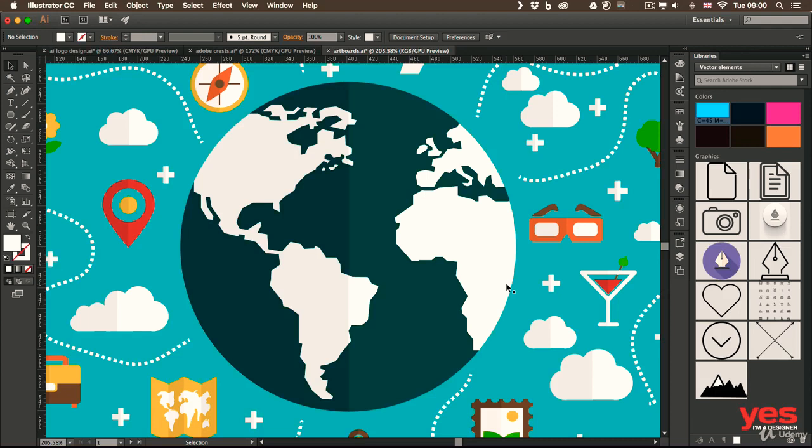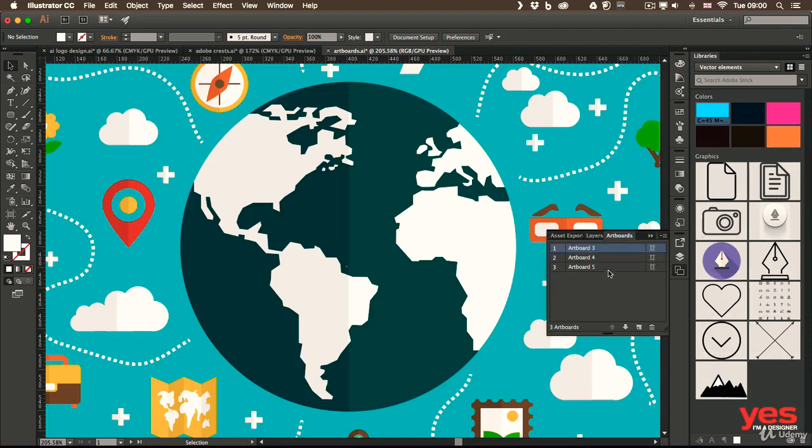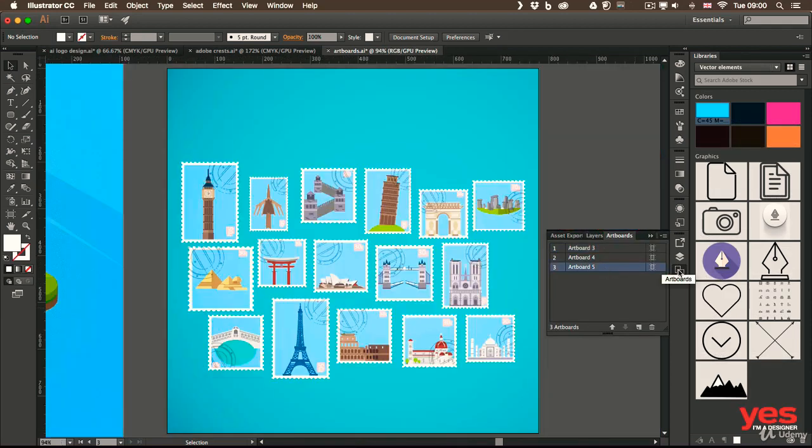Once that's saved, that means I can very quickly come back to this part of the document anytime I wish. And to test this out, I'm going to move away from this artboard. So I use the artboards panel and double click on another one. Now, if I want to quickly go back, not only to the first artboard, but also specifically to the globe